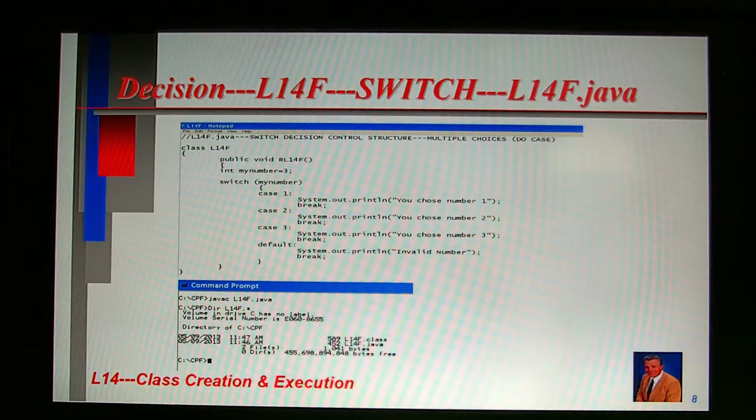Computer Program Model L14f.java includes a source code for the user-defined class that demonstrates the switch decision control structure. The switch decision control structure is a member of the decision family of control structures. Everything that we have discussed for the sequence control structure holds for the switch decision control structure, with the exception,